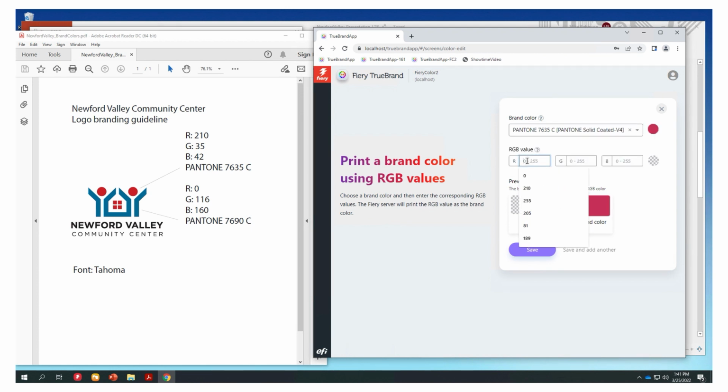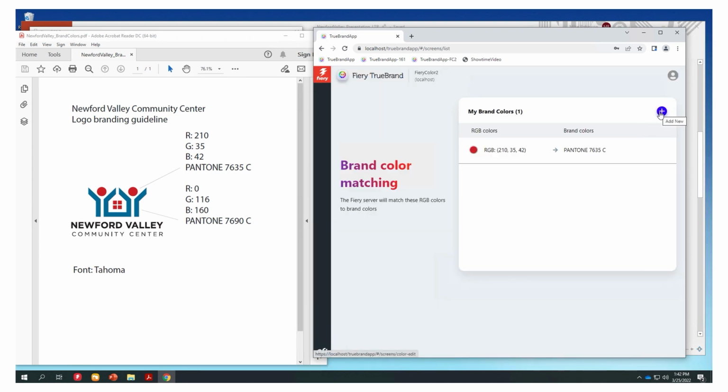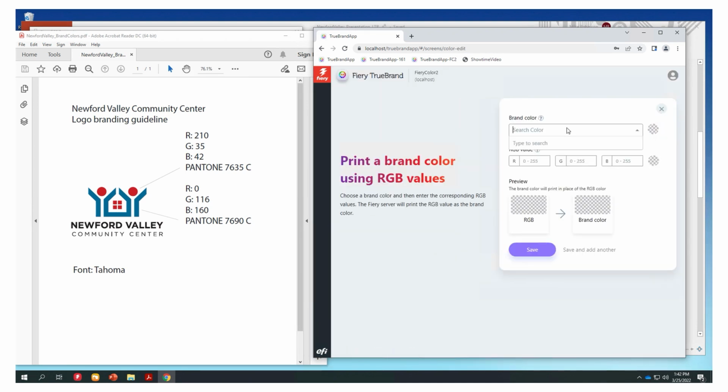Now I will enter my corresponding RGB values. And you'll see a preview, noting that we're seeing a significant visual difference on screen between the RGB values and the brand color. So we'll save,